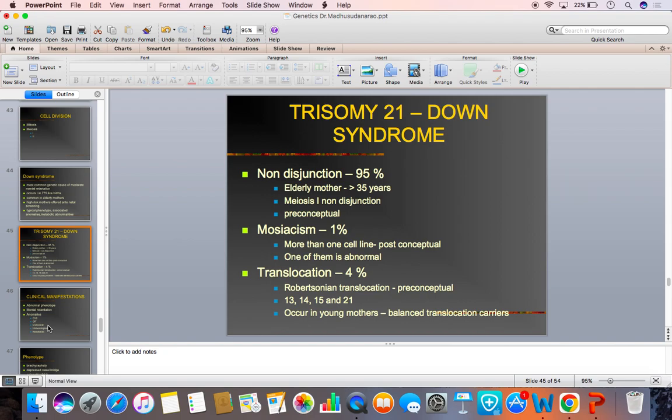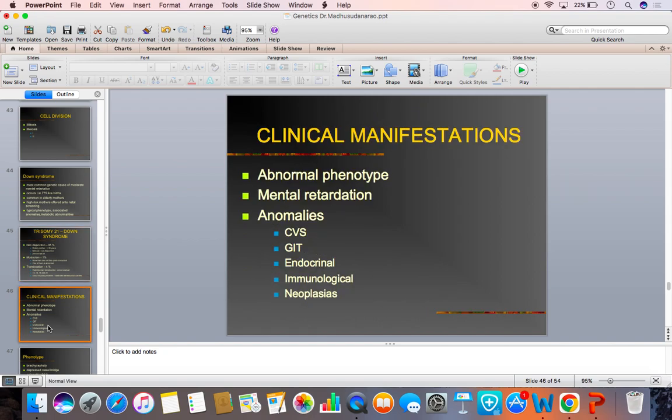That could involve 13, 14, 15, and 21. This is otherwise called D/G translocation. Occurs in young mothers. The Robertsonian translocation is a balanced translocation, and the mothers are translocation carriers, and recurrence is more common in this particular situation,